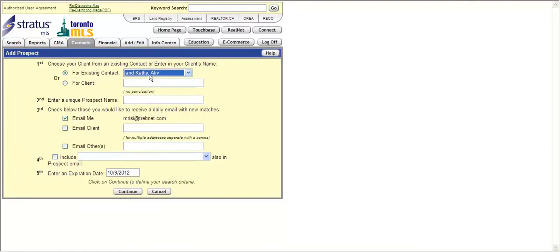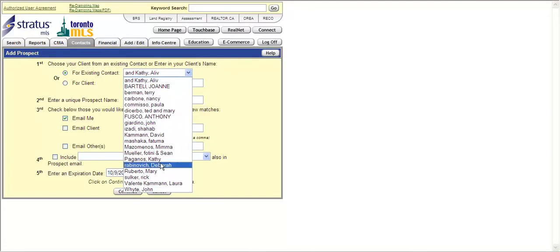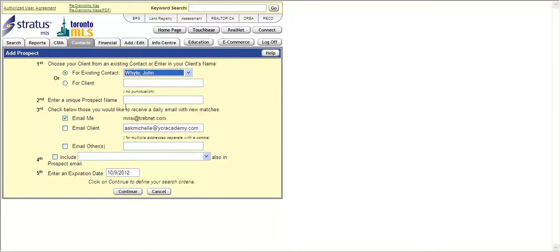I'm going to choose for existing contact, and I'm going to scroll down and find John White. You can see it pre-populates the information in terms of the email address we'd like it to send to. The second step is to enter a unique prospect name, and I would just put John White. If I had more than one client, or perhaps I was setting up John on a number of different areas, I could say John White Oak Ridges. And that would be able to identify him in my prospect match, or when I get the search results, which